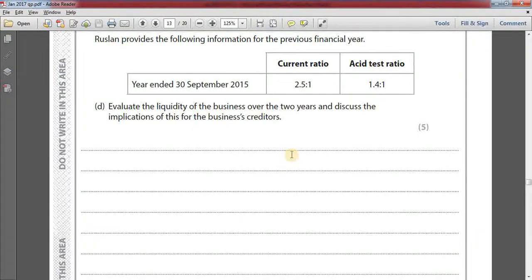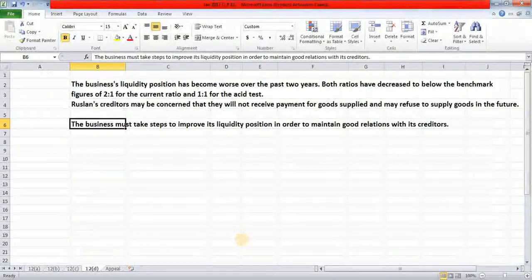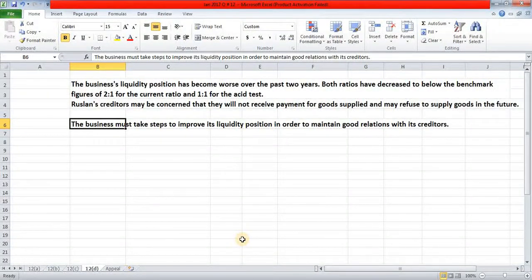Ruslan provides the following information for the previous financial year. Current ratio 2.5:1, acid test ratio 1.4:1. Option D, evaluate the liquidity of the business over the 2 years and discuss the implications of this for the business's creditors. The business's liquidity position has become worse over the past 2 years. Both ratios have decreased to below the benchmark figures of 2:1 for the current ratio and 1:1 for the acid